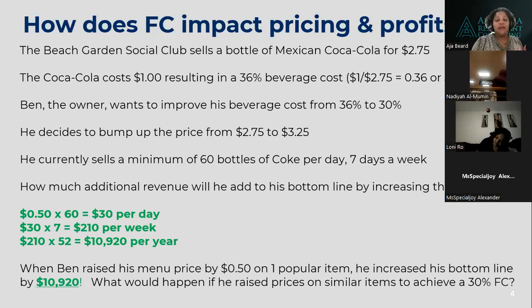Okay, so it's so important that you know what your food cost is because it'll help you make decisions when you're setting pricing. Maybe if Ben didn't know that he was at a 36% beverage cost and he didn't realize that maybe he should be at a better price, he might have left it at 275, or maybe he would have run a special and charged even less, and that would have potentially cost him some sales and some additional revenue. So we want to know what our food cost is so that we can make confident decisions about how to set pricing. So that's how it affects your pricing.